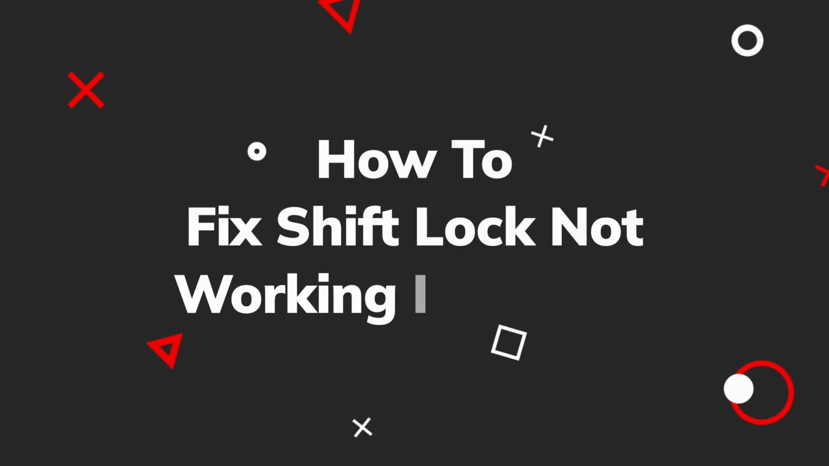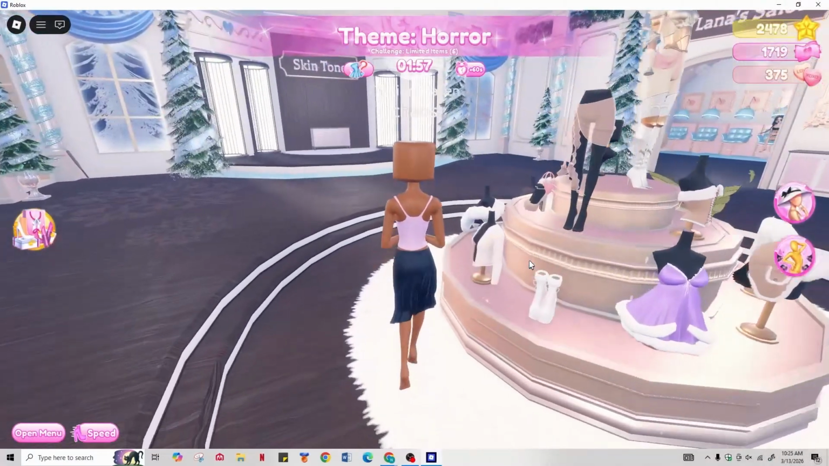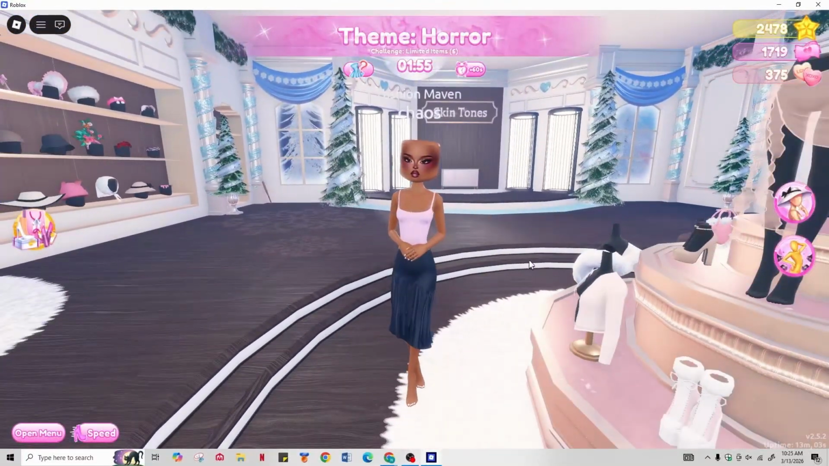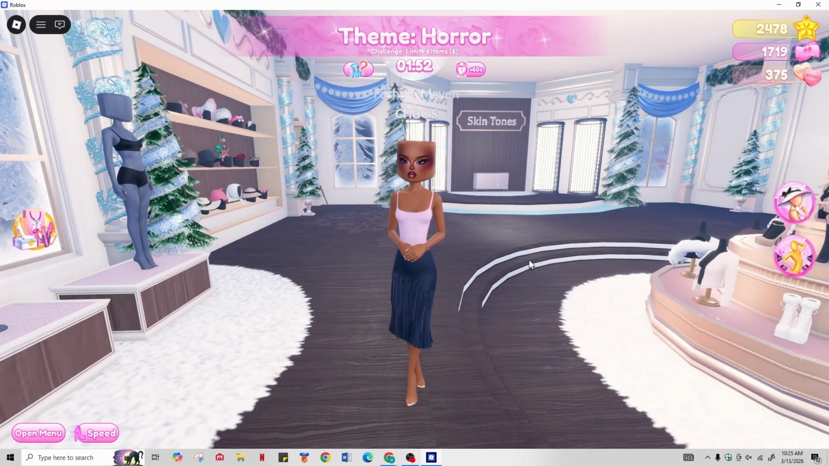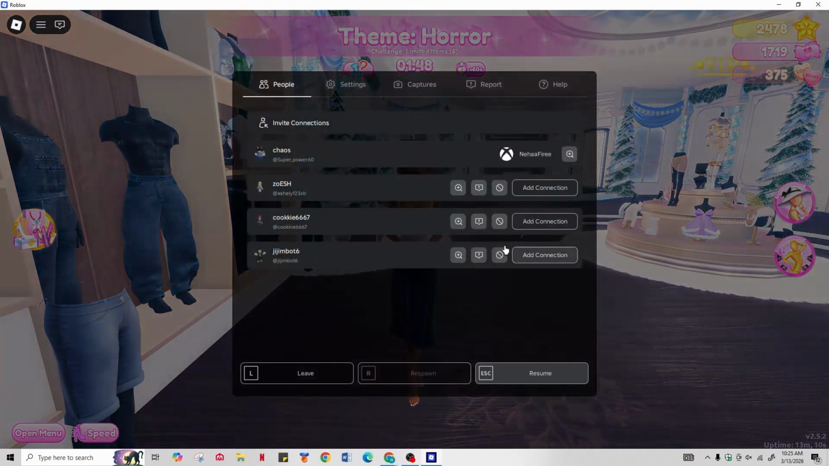Here is how to fix Shift Lock if it's not working in Roblox. So this guide will show you how to fix the Shift Lock in Roblox. If pressing the Shift key does nothing, first pause the game by pressing the Escape key and then click on